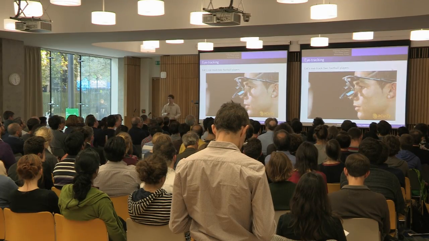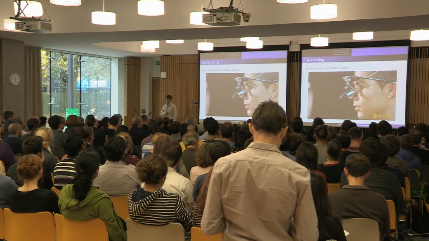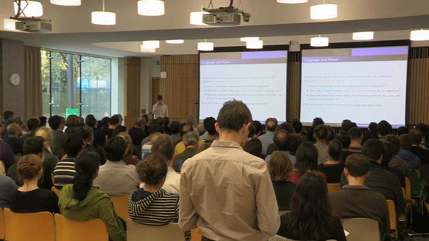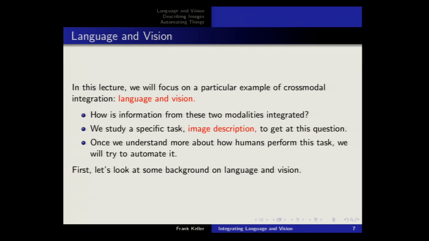And so based on this, we can draw inferences about the cognitive processes that are going on doing a complex task such as playing football, which is, of course, one of these tasks that require cross-modal cognition. Okay, so unfortunately, the rest of the talk is not going to be about playing football. It's going to be about language and vision, so a slightly more mundane task, but of course, one that happens